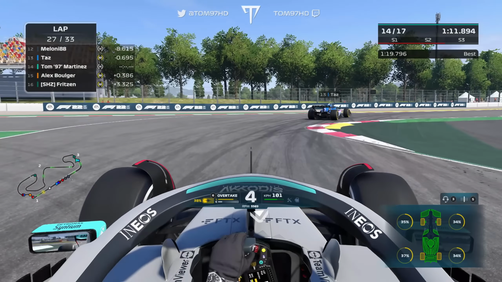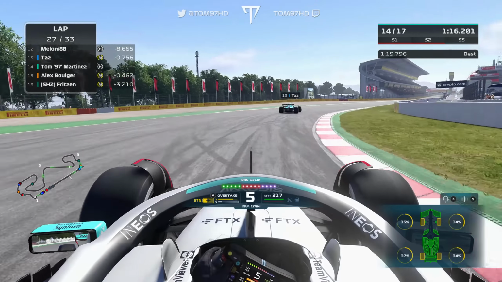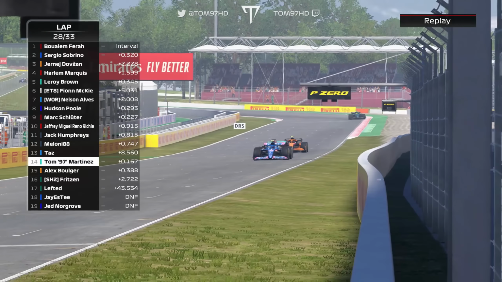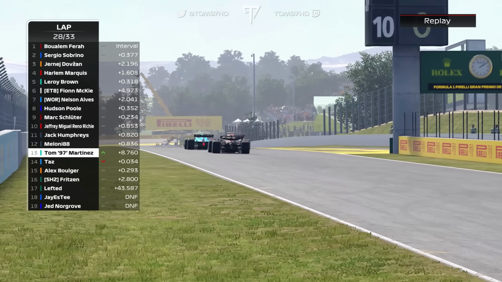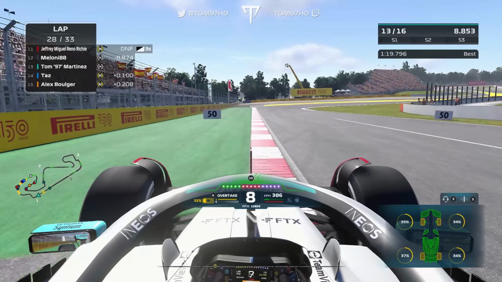Now, lap 27, this is earlier than I expected, but Taz actually made a mistake through the final corner and lost the back end, so I'm just going to go straight through. We're actually going to make the move without having to use any battery because of the lack of momentum from the Alpine. So we go through and get the job done. Alex now also pushing on to look for the move. This is now our chance to break away,